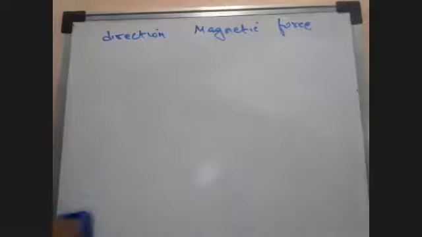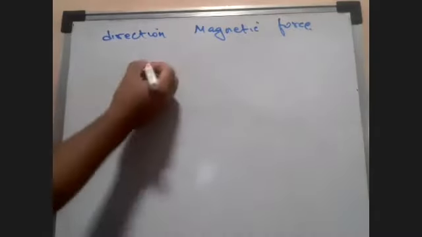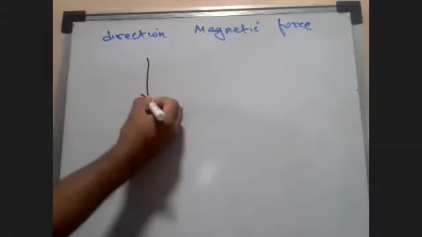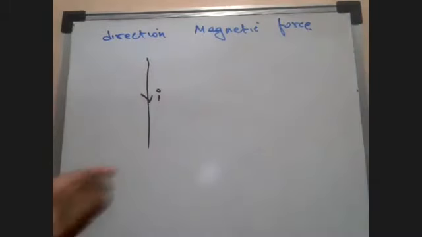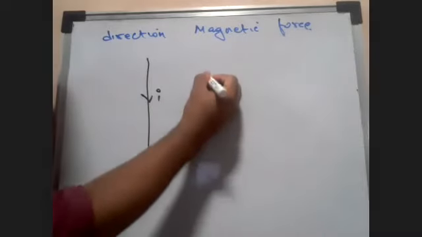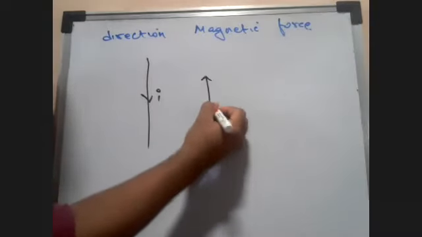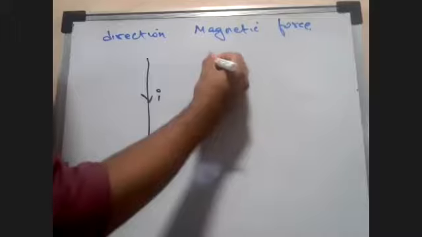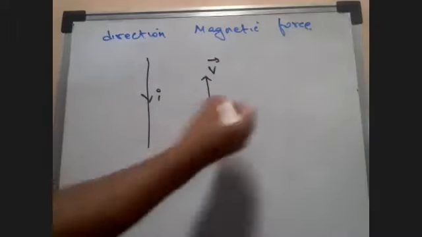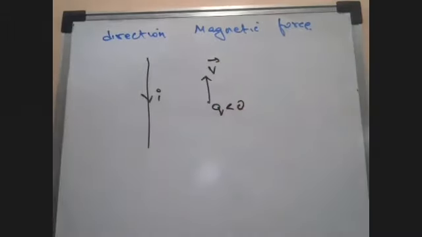Let's go to another one. Here we have a conductor, almost the same thing, with a current going downwards like this, but my charge is going upwards like this. Q is there, having a velocity vector like this. But here, Q is again smaller than 0. In that case, can you tell me again what is going to be the force? Left side. Many are telling left. Anyone with the right?